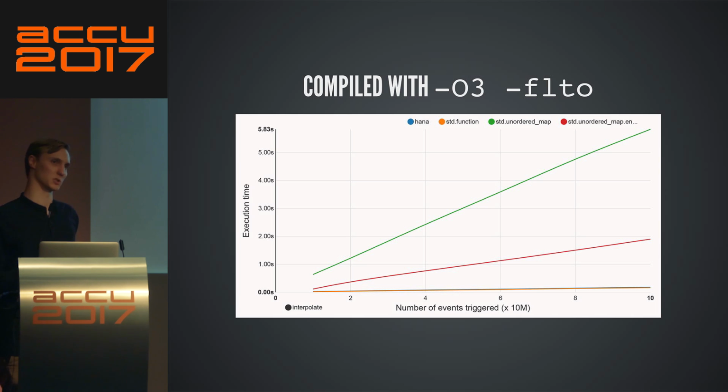I don't think there was much of a difference in the assembly. So at least for not too convoluted use cases, we don't seem to be paying too much for that abstraction, which is interesting. Of course, as with anything, please don't take my word for it. Just benchmark, and if Hana generates really bad code, you can file a bug report, and we'll try to see why that is.